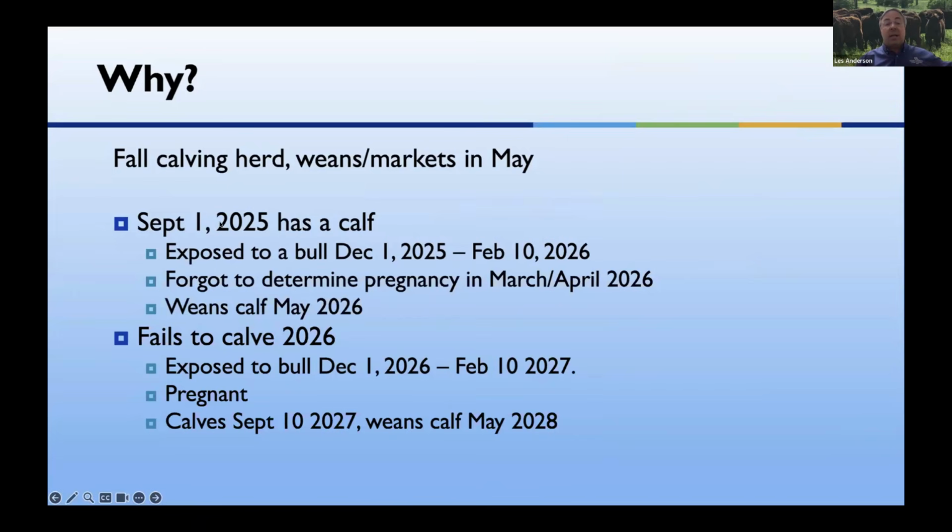Let's say, pretend we had a cow that calved last September. We exposed her to a bull, but we forgot to preg check her. She weaned that calf, or she's going to wean it this May. We forgot to preg check her, and she ended up open. We figured it out in September and October when she didn't calve. We decided, oh well, we've already put the money into her, let's go ahead and leave her in the breeding. Well, you expose her to breeding again. She gets pregnant, she calves and weans. 2 years between product. No business can afford that,